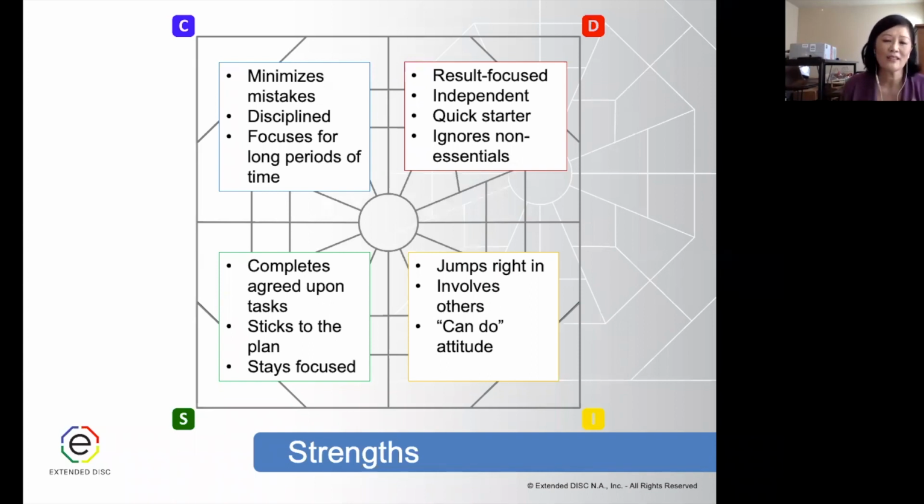So use their strengths. Your S styles, if they're clear on your instructions, they understand, they agree, they're very conscientious and reliable. I know that when I tell my S style employee something, and they understand it and agree to it, I don't have to worry. I know that they're going to get it done. For my C styles, if I have tasks where I really need to be focused and looking for quality, not making mistakes, those are the types of roles that are going to energize them and make them rise. It's going to be much more comfortable for them as a strength.